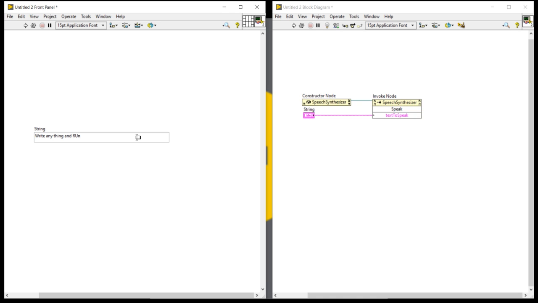Write something in the string and run. What kind of output are you getting? Kunal, Hori. Okay, so please tell me what kind of output you are getting.